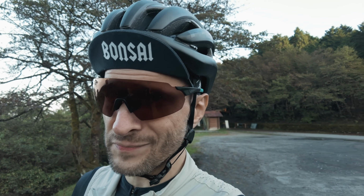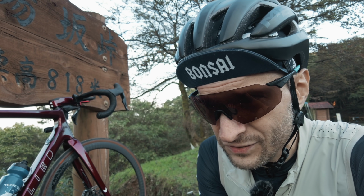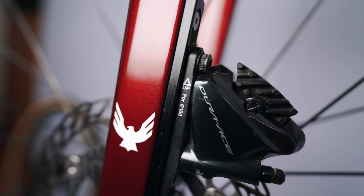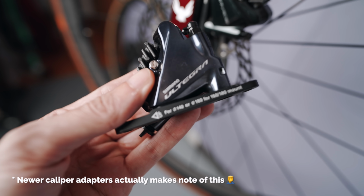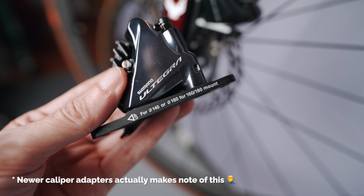This fork is actually made for either 180 or 160 size rotors. And of course, I didn't really think of it at all. I actually yanked the front caliper from the Emonda because some other stuff might get on there eventually, and that was set at the 160 position on that adapter thingamajig. But when you have a fork for 180, you actually need to put the caliper in the 140 position,